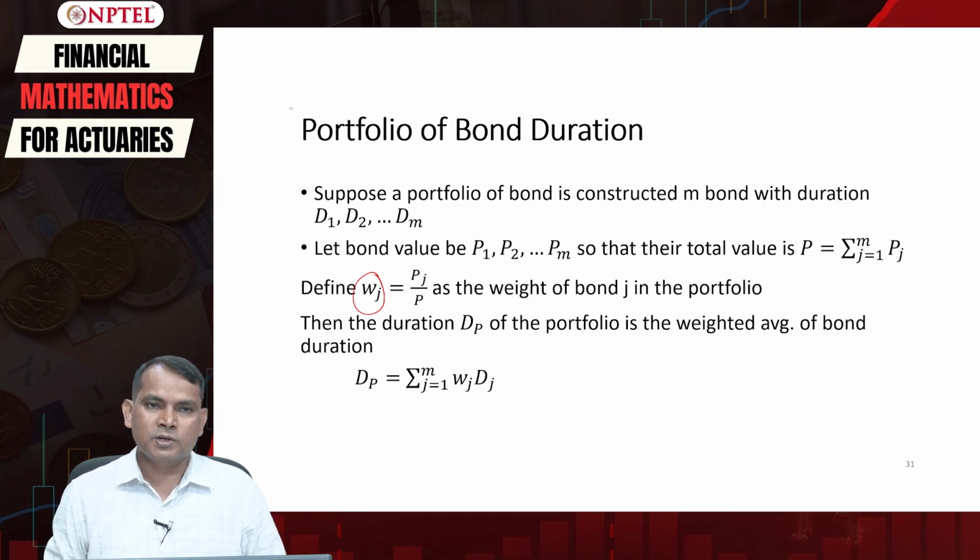I will take another class to explain what a portfolio is and how the construction of a portfolio helps to reduce risk. The concept of diversification we will discuss in the next